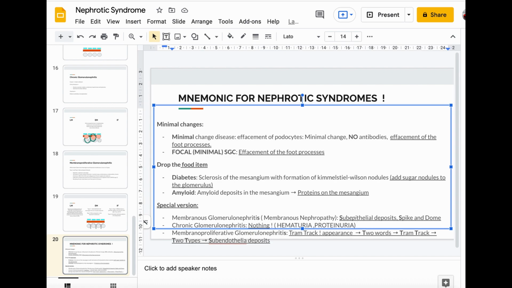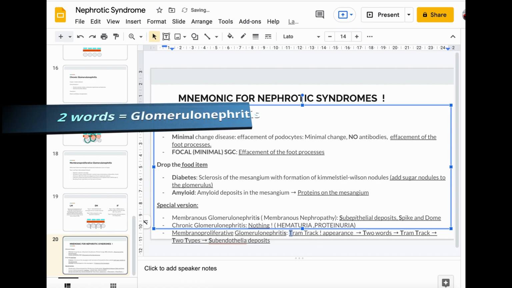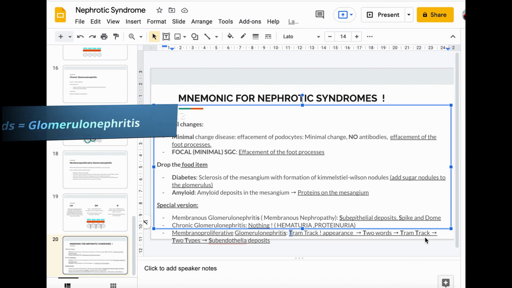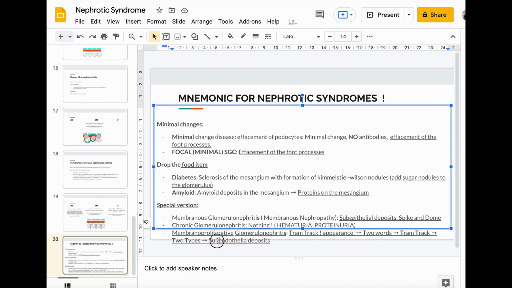So over here, guys, we can see that this one has two words. Membranoproliferative glomerulonephritis. So there are two words in total. So from that you can remember two. So the mnemonic for this one is two. So two will be tram track appearance. Two will be two words. And always tram track appearance. Obviously two types. So the first type is called